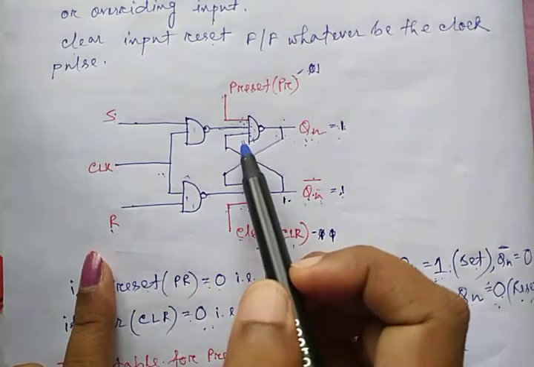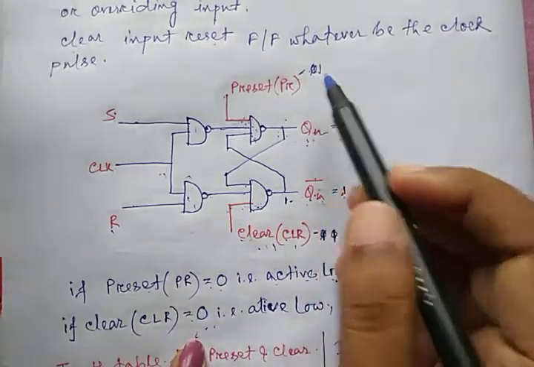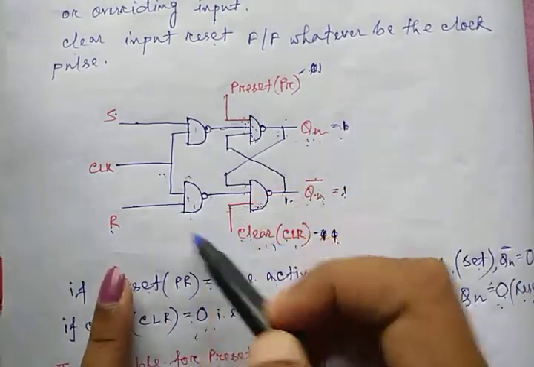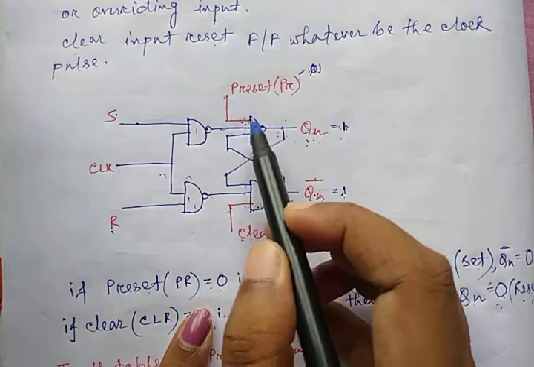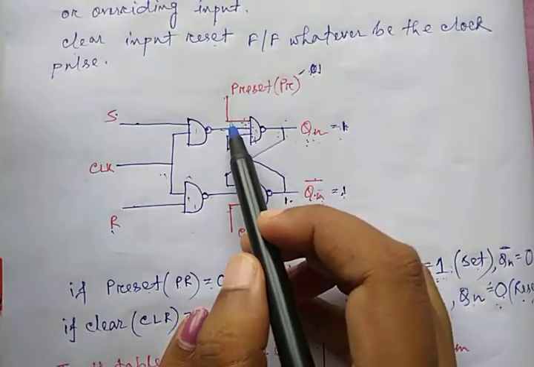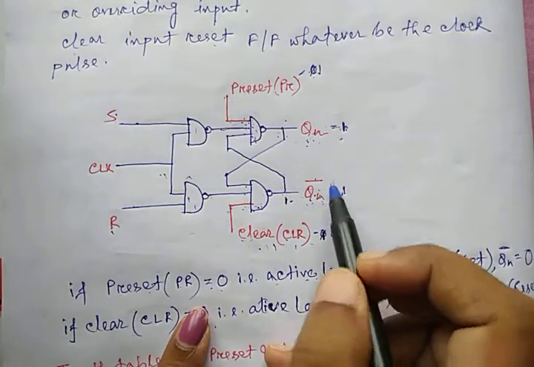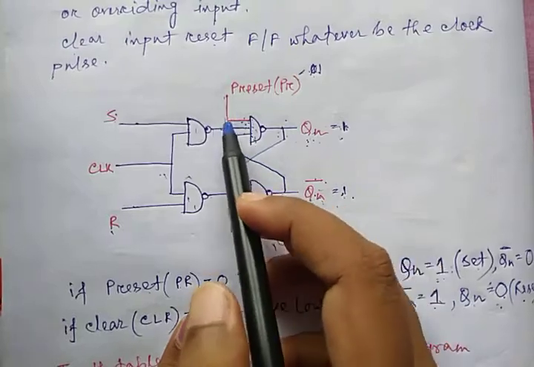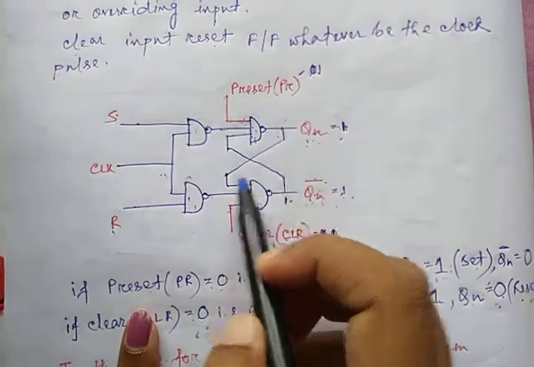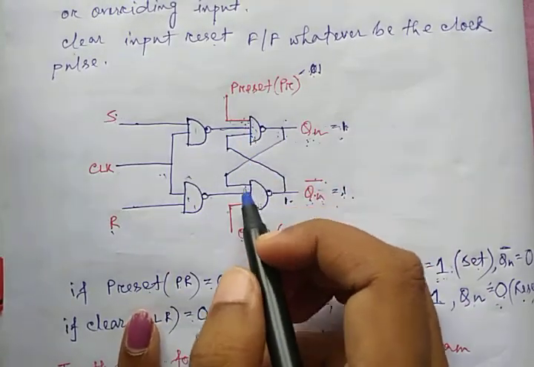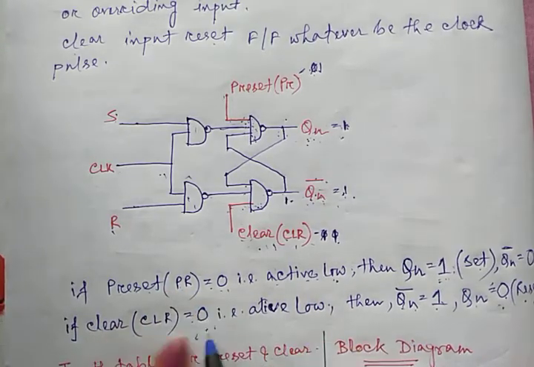Okay, but I have to say one thing, that in some cases the flip-flop is made with NAND gates. So in order to set and reset the value, we have to pass 0 in the preset and clear input signals. But if the flip-flop is created using NOR gates, then we have to pass value 1 in order to set Qn as 1, and value 1 in order to set Qn bar as 0, because in a NAND gate, if one of the input signals is 0 then the output is 1, and in a NOR gate the opposite. Okay, so if the flip-flop is constructed using NOR gates, then we have to pass preset as active high value, that is preset 1 and clear 1.